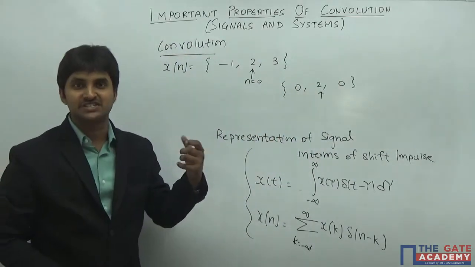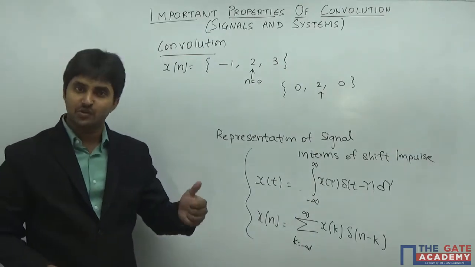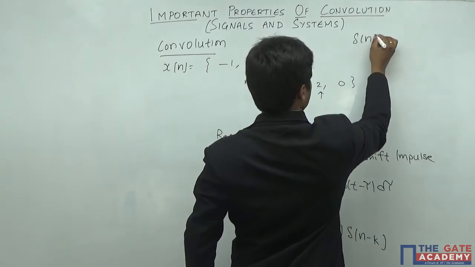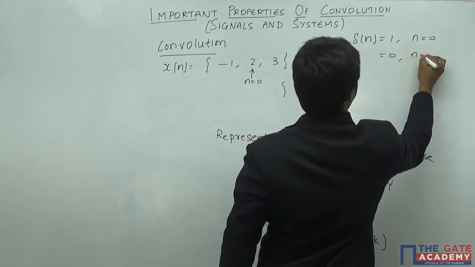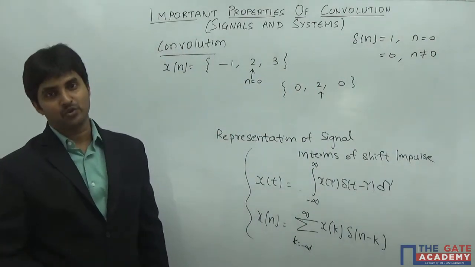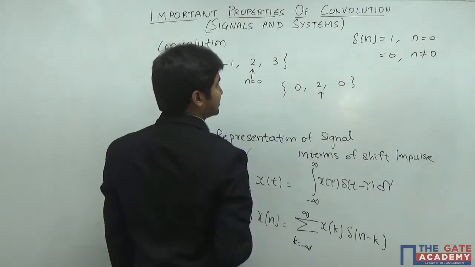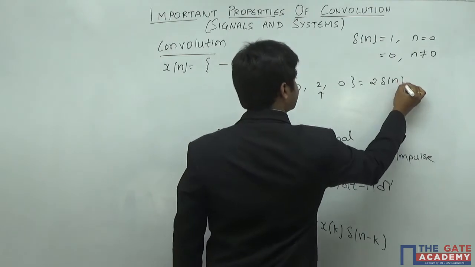So unit impulse is defined as del of n is equal to 1 for n equal to 0, and it is equal to 0 for n not equal to 0. That is how we represent a discrete time unit impulse. So here, this is nothing but 2 into del of